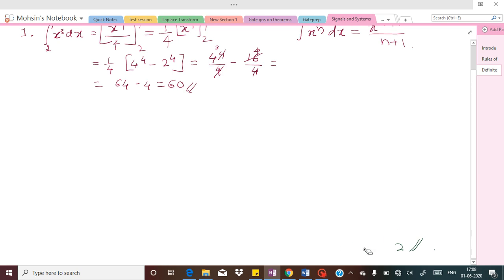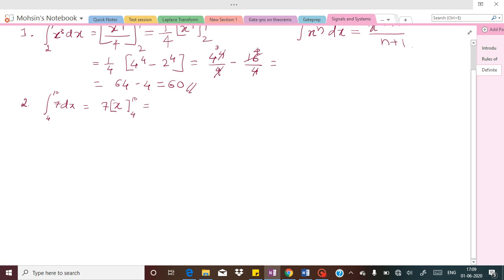Similar to this, we can have another example, example number 2. Let me take this as a simple example once again. There is a limit integration to be obtained between the limits 4 to 10 for the constant 7 dx. So 7 we have to take outside, and it will become the integration of 1 dx, and the integration of 1 dx is x raised to 1 divided by 1. So therefore here you simply get x, and we are going to use the limits on that x, that is 4 to 10.